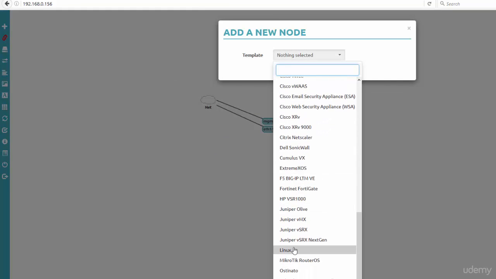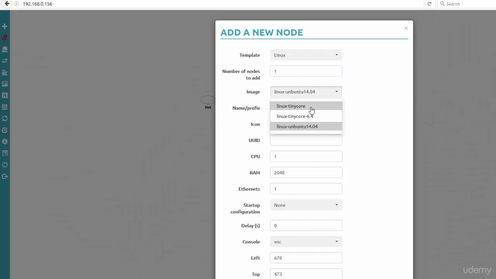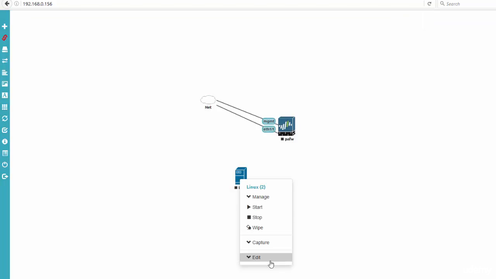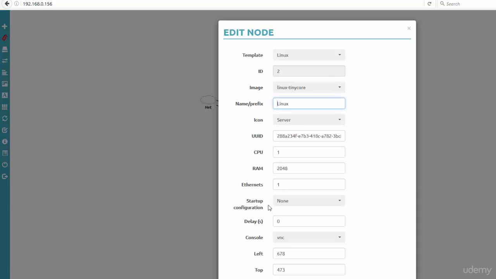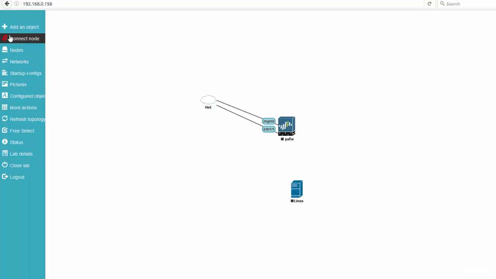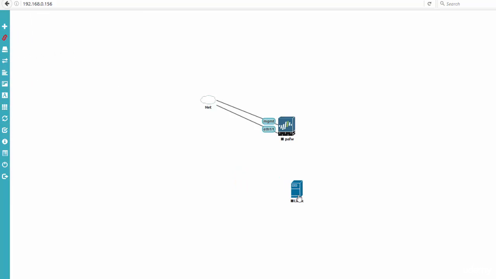Add a Linux node, Tiny Core. I'm going to change this to 256 meg of RAM, and connect that to the Palo Alto firewall,